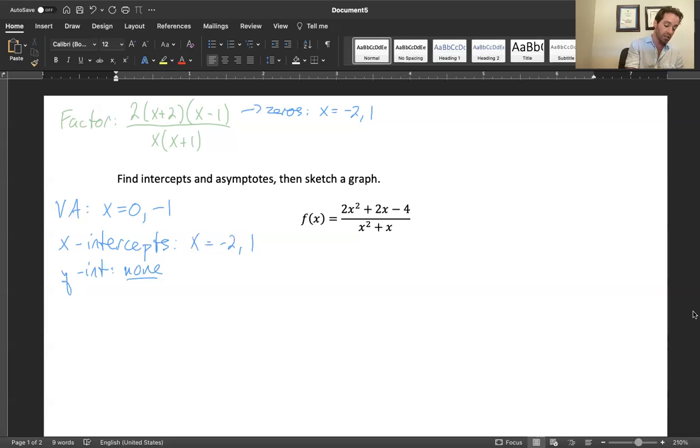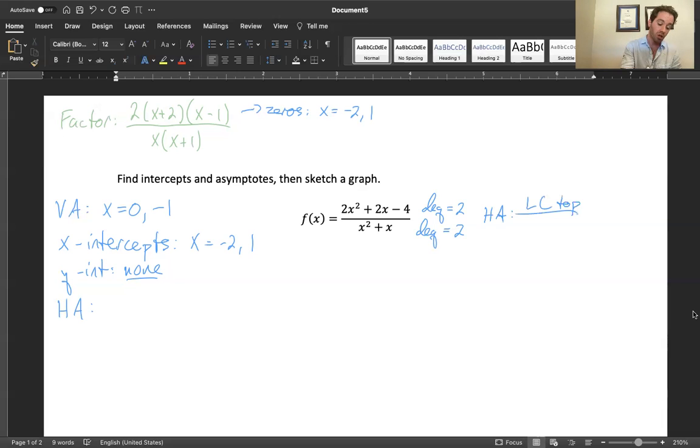Just one more thing here, and that's that we need to get the horizontal asymptote. Sometimes a function has one, sometimes not. The thing that determines whether it has a horizontal asymptote is the comparison between the degree of the top and bottom. The degree of the top is 2. The degree of the bottom is also 2. If the degree of the top is larger than the degree of the bottom, there will be no horizontal asymptote. If the degree of the top is equal to or less than the degree of the bottom, then there will be a horizontal asymptote. This is equal, and so the horizontal asymptote is